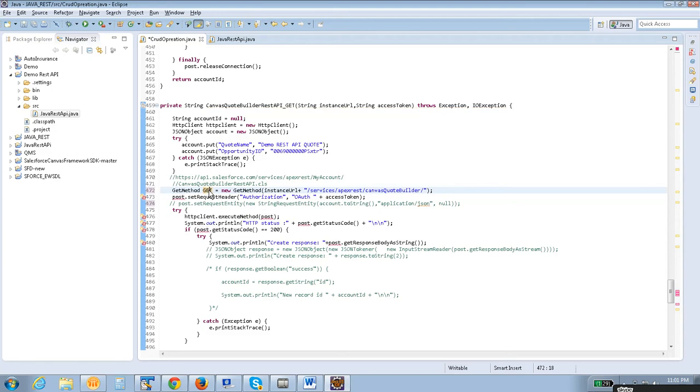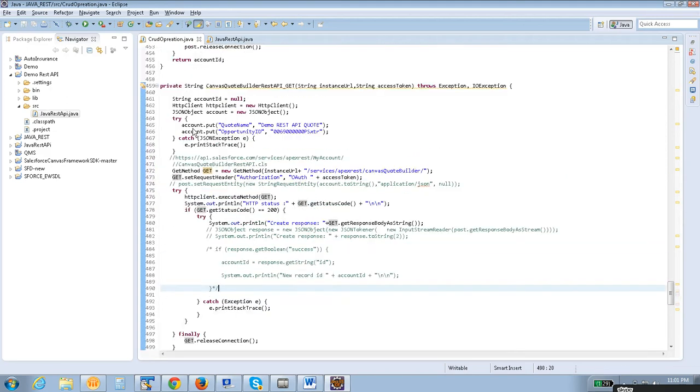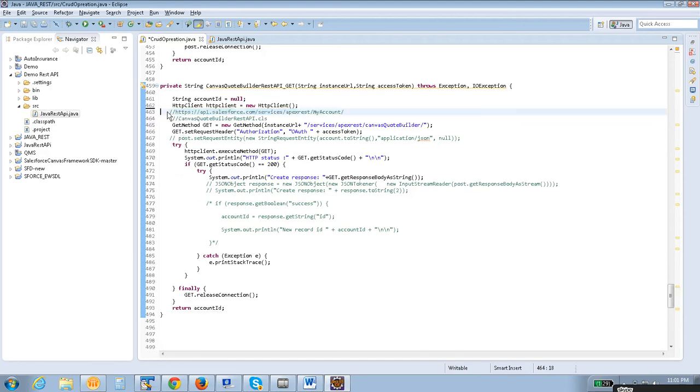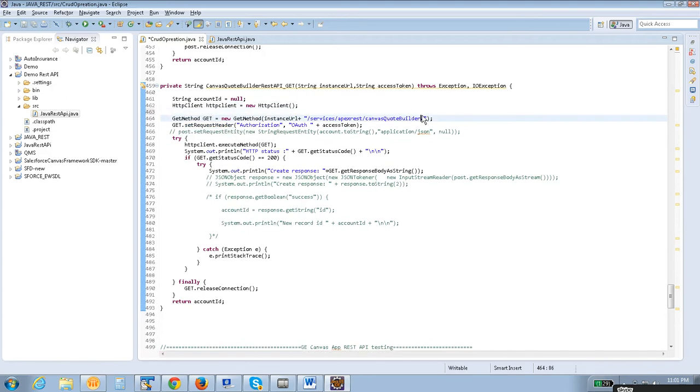So we need to pass an account ID. Here we are expecting account ID. Basically we are passing the parameter as a query string, correct? So this is about a query string, right? We have to pass a parameter as a query string. Let me take any one of the accounts. I will take one account.